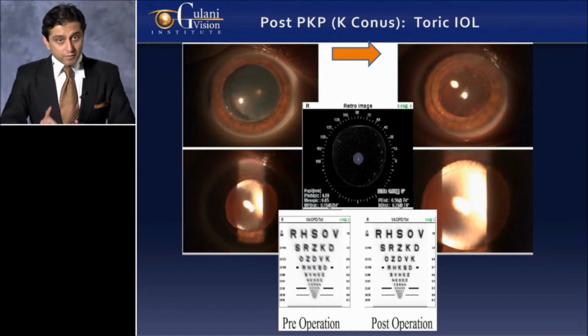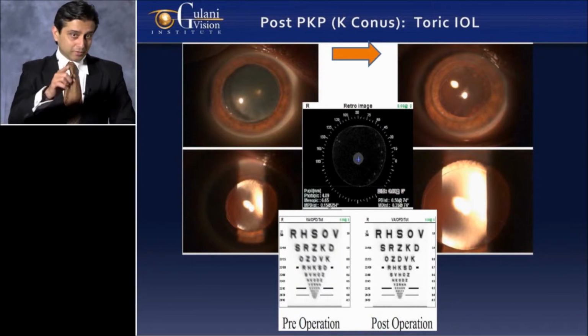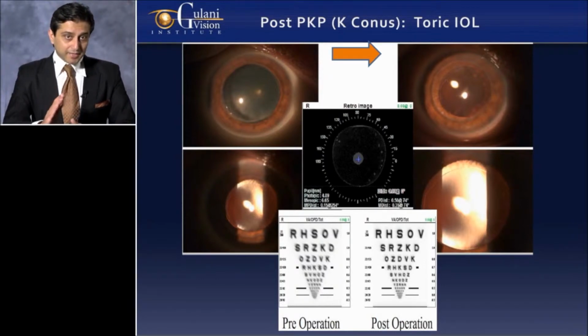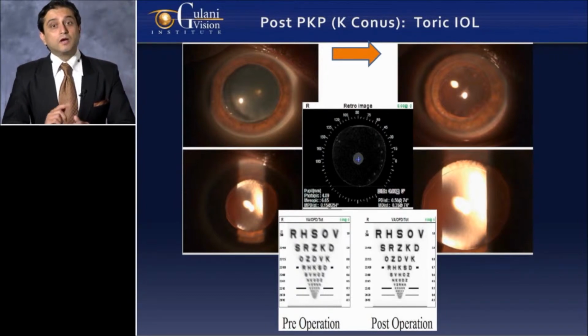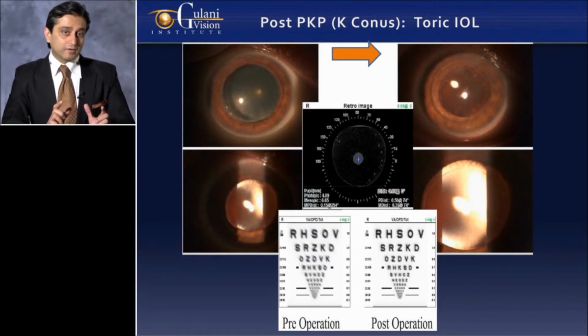I can also confirm what I did because the toric lens, as you can see, is sitting exactly on the axis I want. You can see it in retroillumination, and you can see it in the OPD picture of retroillumination too. And also it helps me decide, why is this patient happy when I'm not happy with the cornea the way it is? And you can see that the element of the cataract and refractive errors were corrected, impacting vision